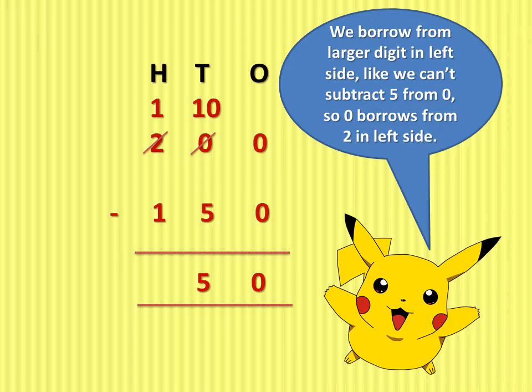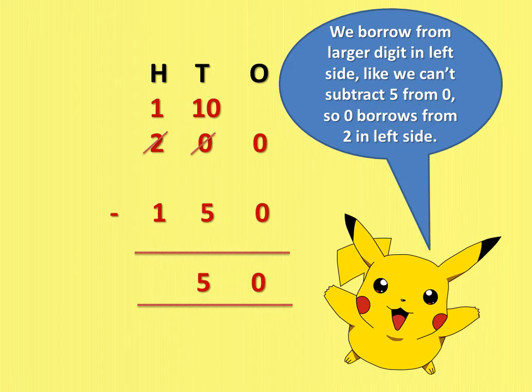Now we know we can't subtract 5 from 0 as 0 is smaller than 5. तो हम 0 में से तो 5 को माइनस नहीं कर सकते. So what do we do? We borrow a number from the left hand side, or from the greater place which is in immediate left of tens. Okay, that means 0 will borrow a 1 from hundreds. So after borrowing 1, 0 becomes now 10. So subtracting 5 from 10 is now possible. So 10 minus 5 is 5. So we write 5 at tens place.